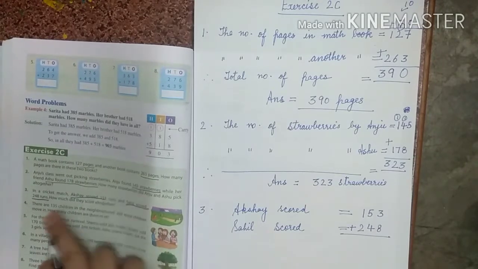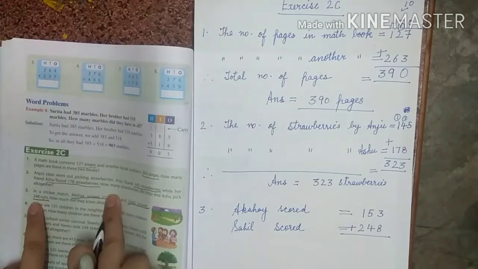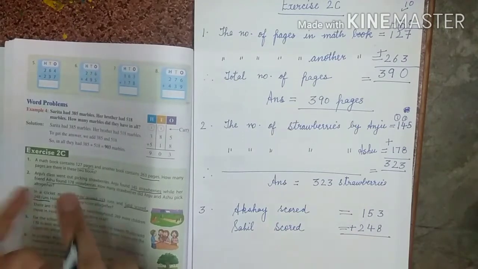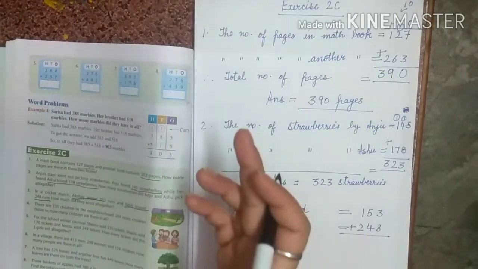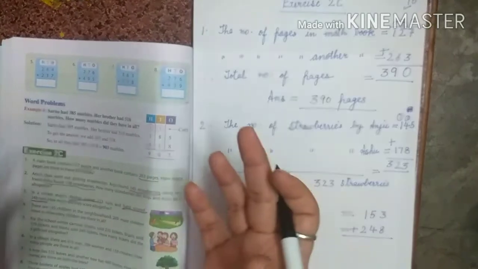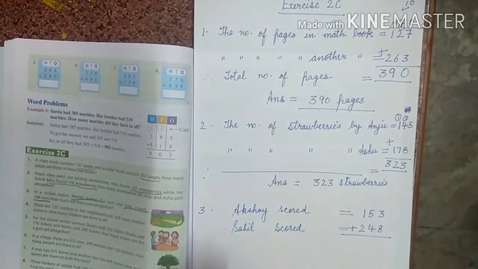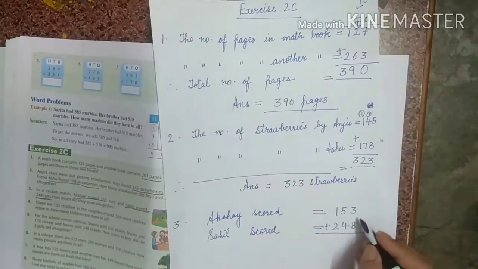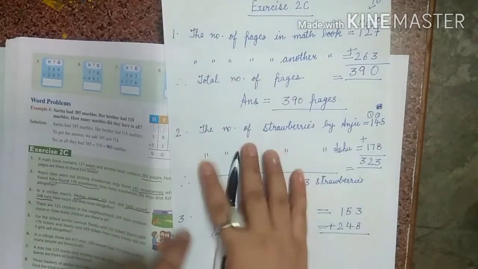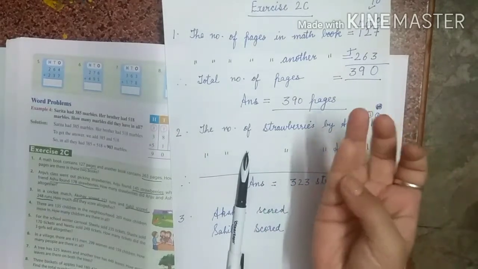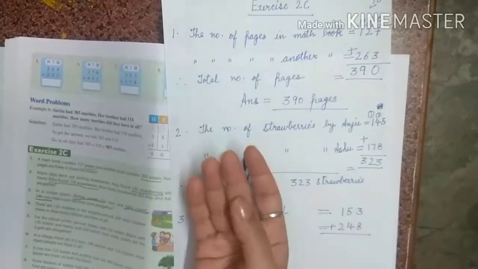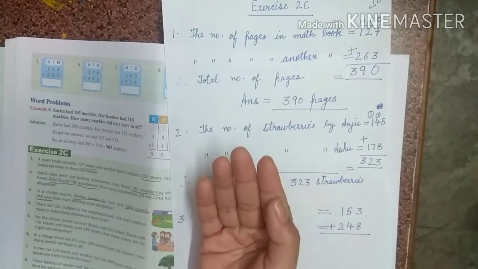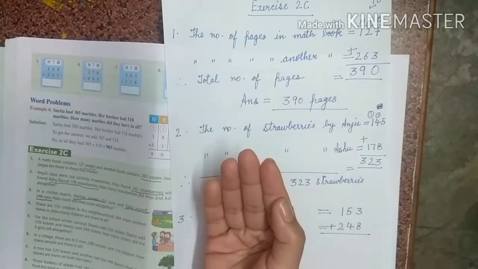Now you have to tell how much they scored altogether. Altogether means, like when you have to tell how many pages altogether, how much it will be, that means simply you will do the addition. So now we will do the addition. So now 8 plus 3. See 8: 1, 2, 3, 4, 5, 6, 7, 8. 8 plus 3: 1, 2, 3. So how much will it be? It will be 13. Okay.